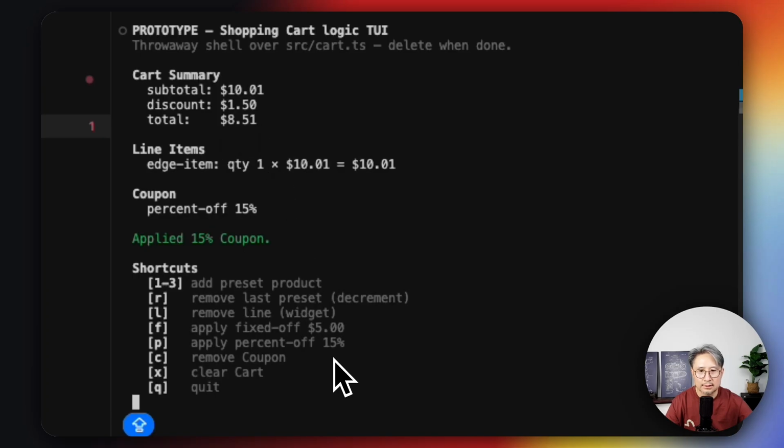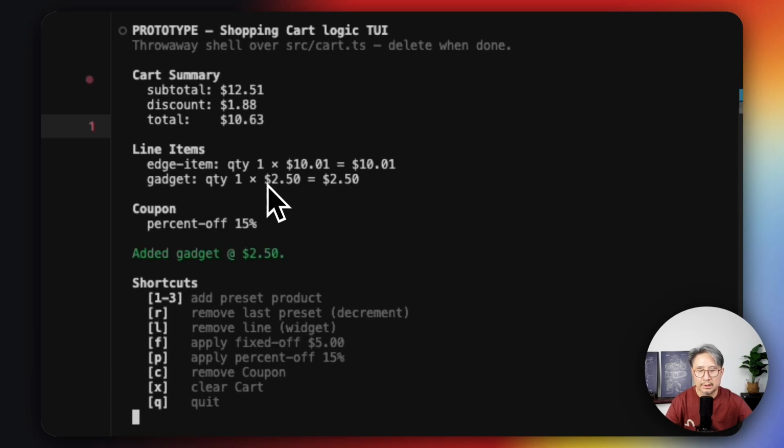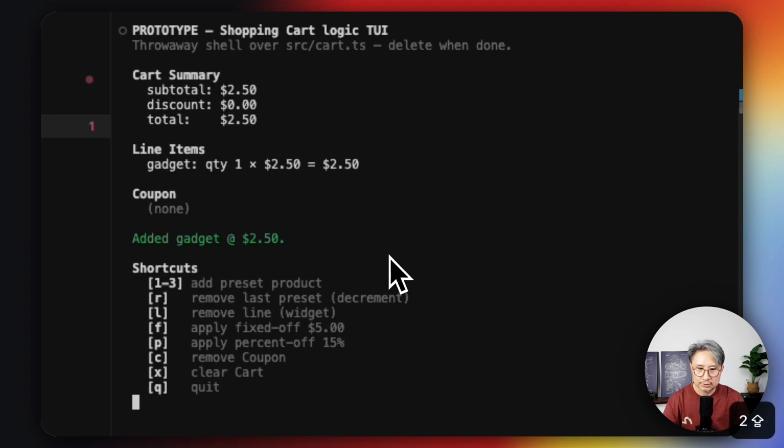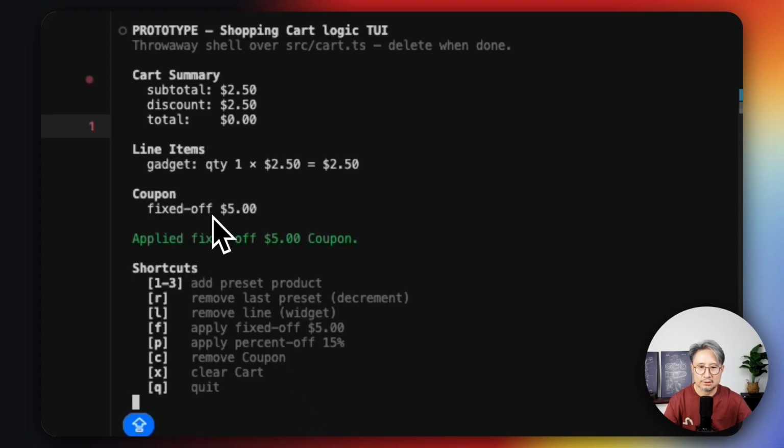And you can choose number 2. I don't want to add the items into the cart, just clear. Then I buy a gadget at $1.50 and apply the fixed $5 coupon to see whether it will go negative or something strange happens. F, the fixed coupon of $5, but actually we will pay 0, and it's calculated correctly.